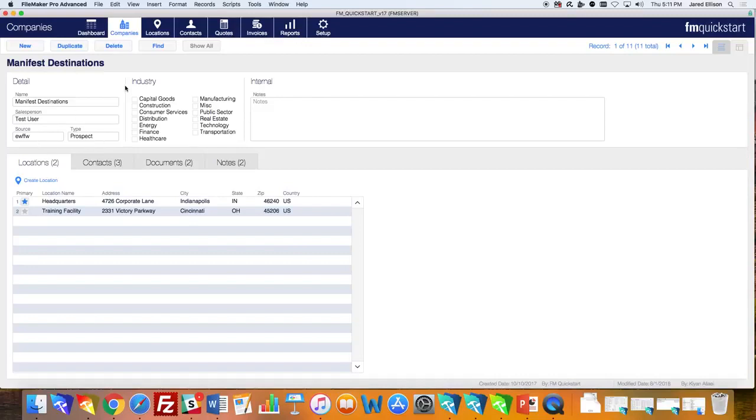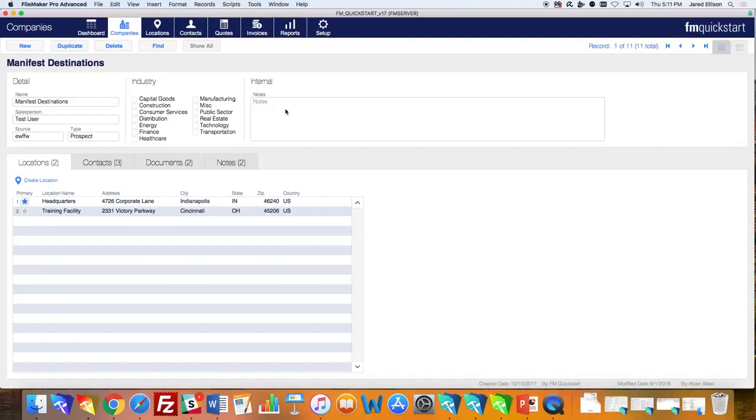And with the source, you know if they were referred to you, or if they just were looking you up, or if by some way you stumbled upon them. And over here, you also get to identify the industry they are in. That way, you know what they specifically do, and maybe someone in your company is more familiar with companies in that industry and better suited to work with them. That'll make things a lot more efficient with better communication, and build that relationship with that company.